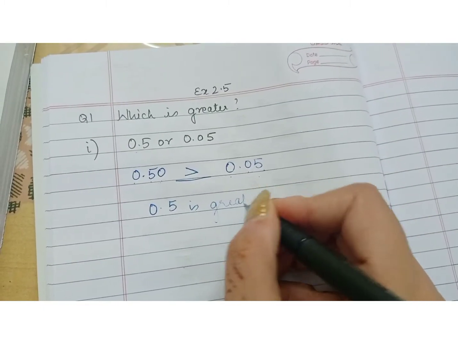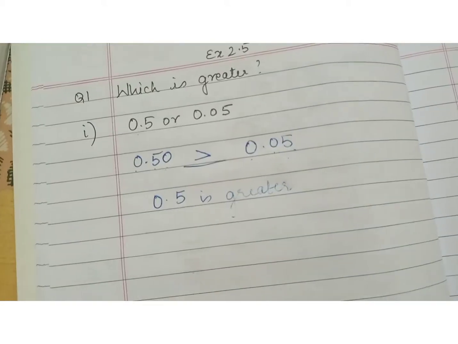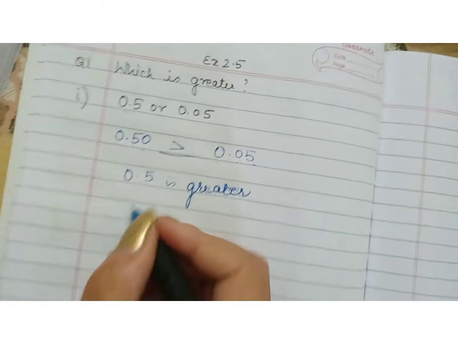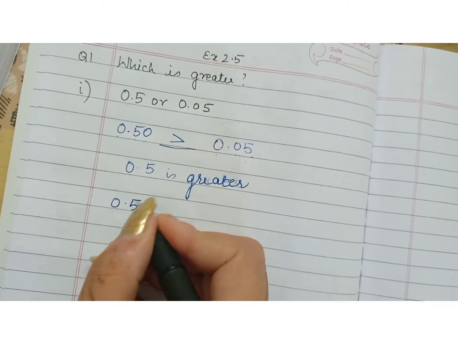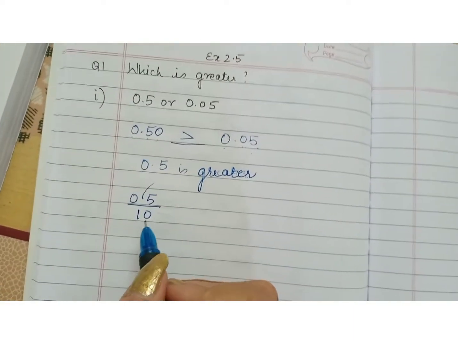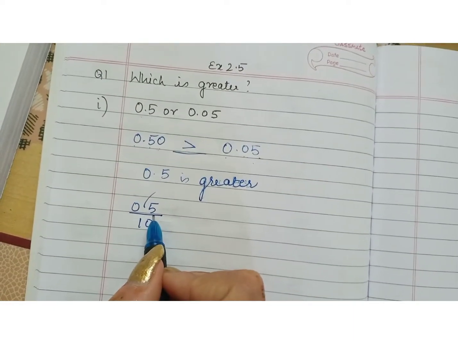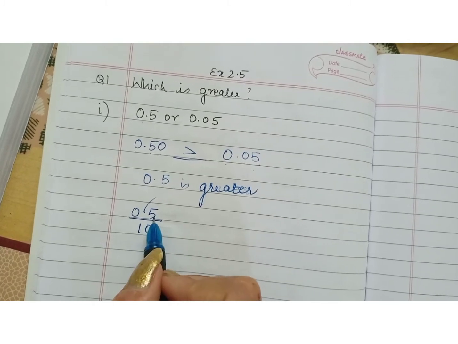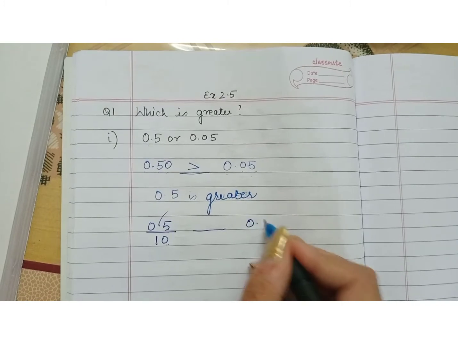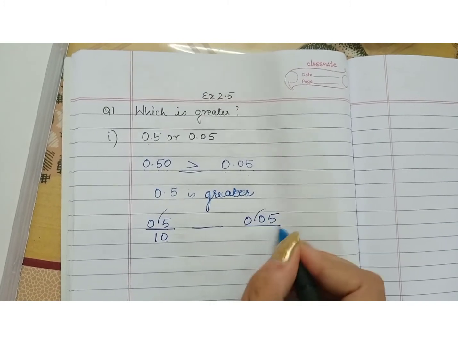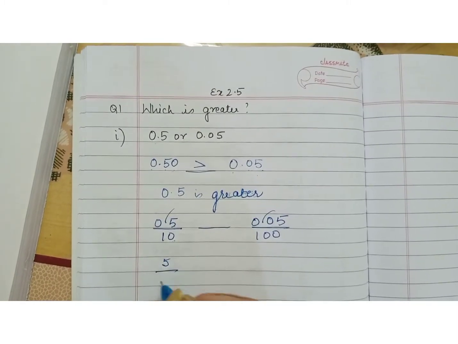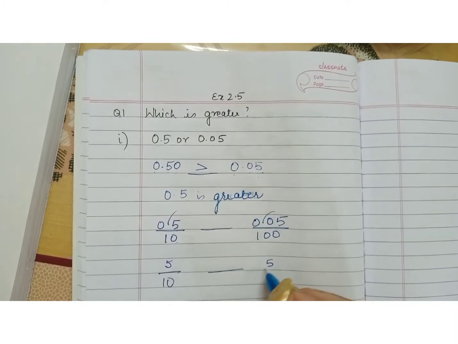Now if you are having problem in understanding it, we can also convert it into fraction. How to convert it into fraction? Like it is 0.5, we'll remove the decimal and we'll add 10 in the denominator. How many 0 we'll add? Then it depends upon the number after decimal. One number was there after decimal, so I have put 1 zero only. And in the second part, two numbers are there after decimals. I will write 2 zeros over here. It has become 5 upon 10 and 5 upon 100.